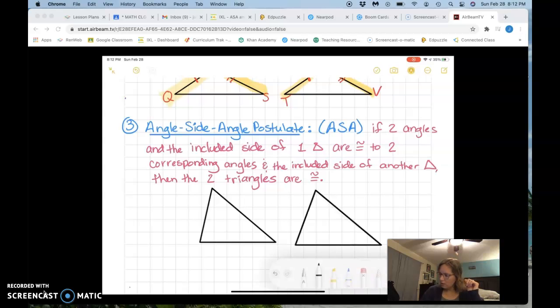Okay, and we've got an angle, a side, and another angle. Okay. All right, so again, if I want to name the two triangles and show that they're congruent, I have to name them in the same way. So let's start this time with this angle that doesn't have anything on it. We'll go down to the angle that has one loop on it and over to the angle that has two loops on it. And we're going to call it triangle IHJ